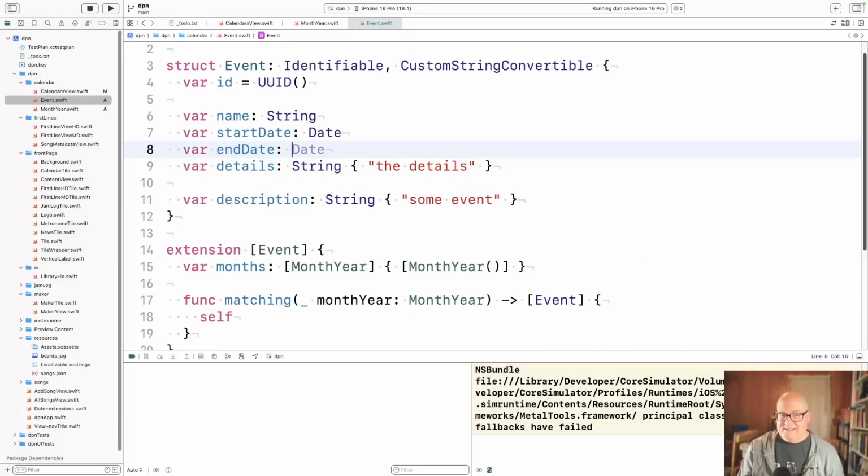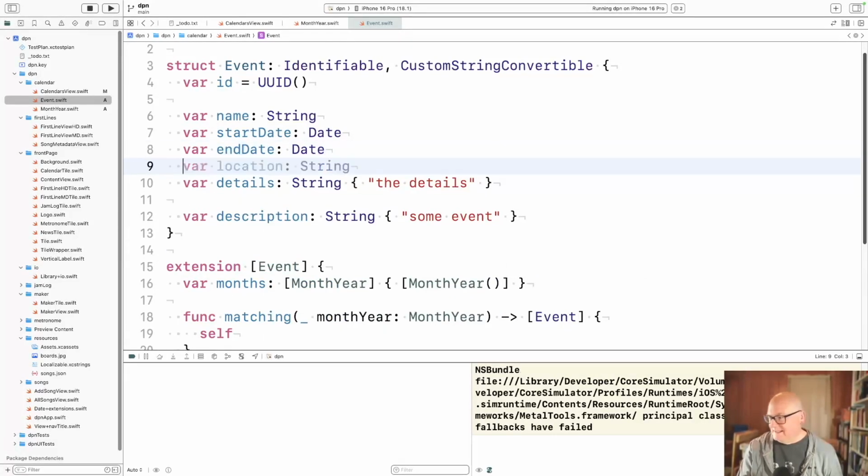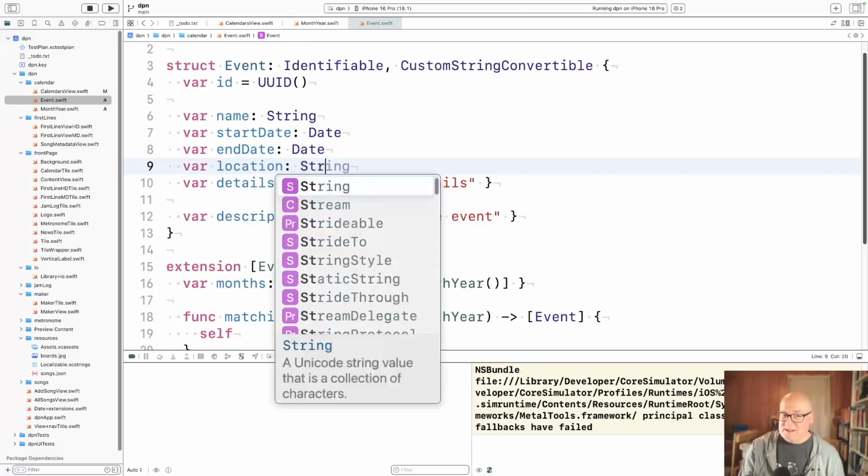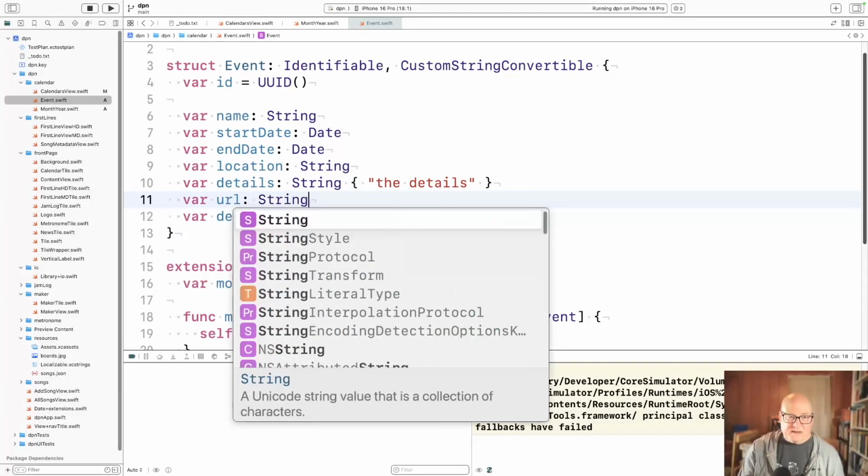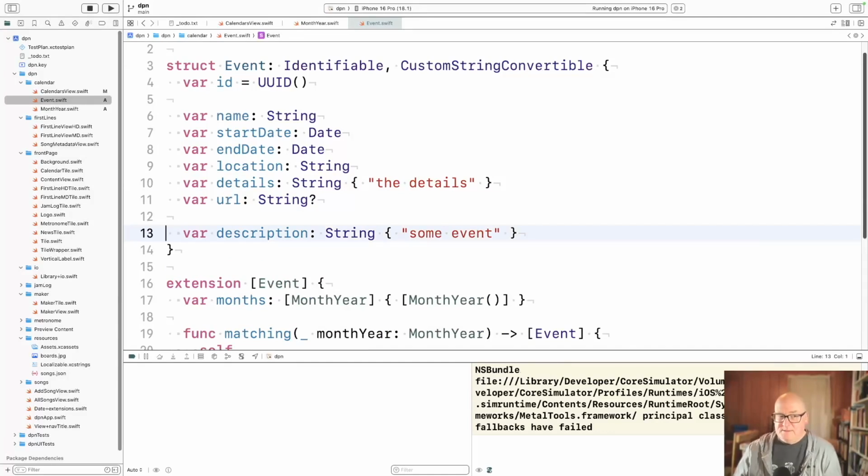End date is date. A location is going to be a string for now, at least. And, I guess, URL of optional URL. Not everybody has one. And details,